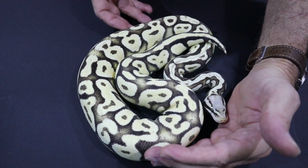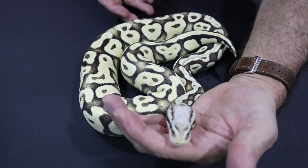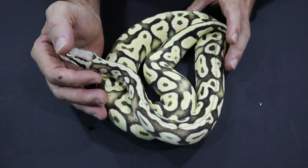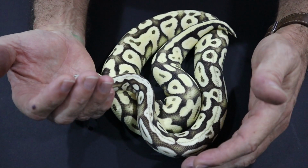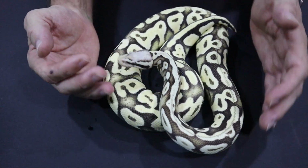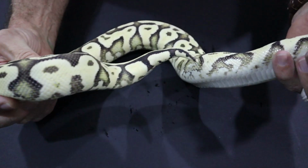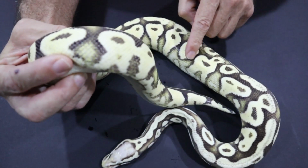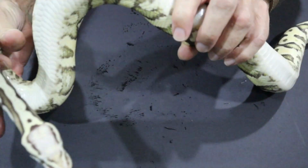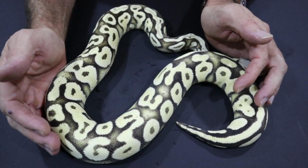Now let's kick things up to a whole new level. This is a sub-adult female pastel yellow belly Desert Ghost. She is well over 1,000 grams, won't be long now before we'll be producing stuff with Desert Ghost in it from this girl, but you can see that she still has the characteristic yellow belly flames up the sides, the same digital pattern on the belly, and as she's got older